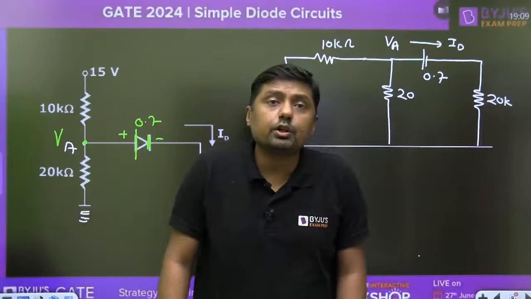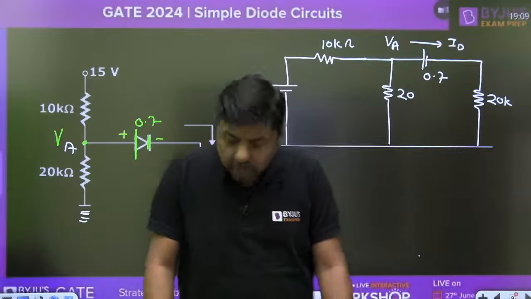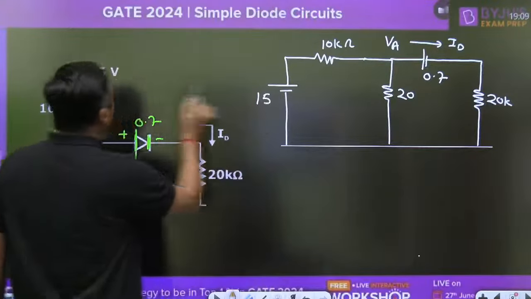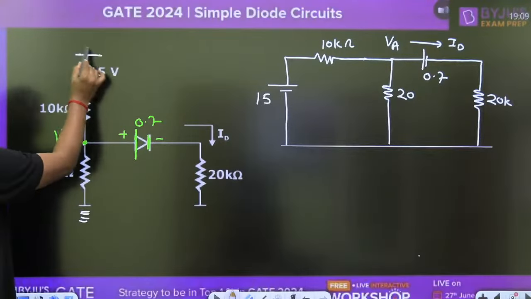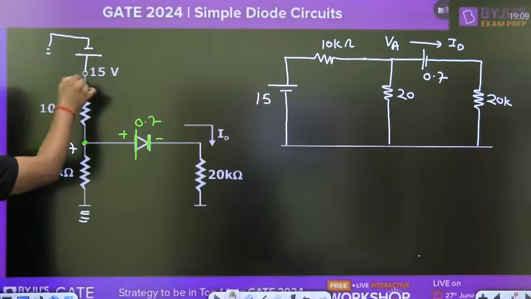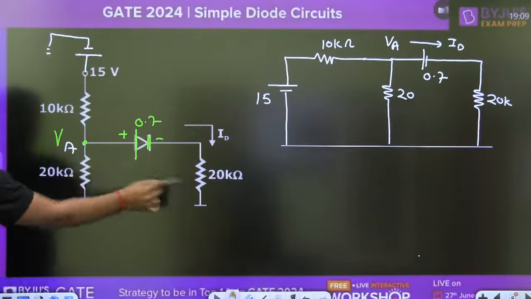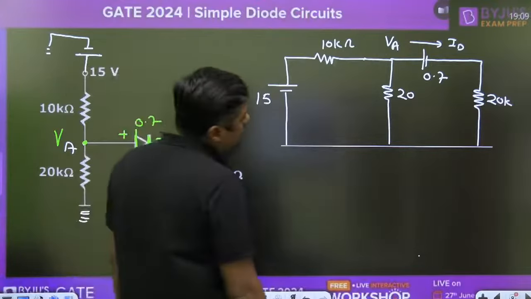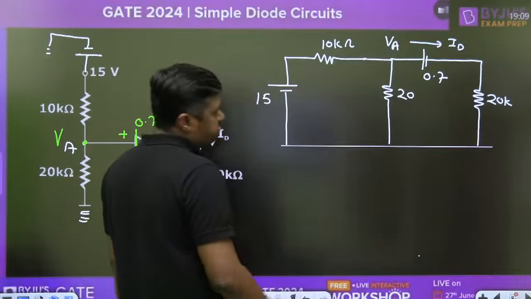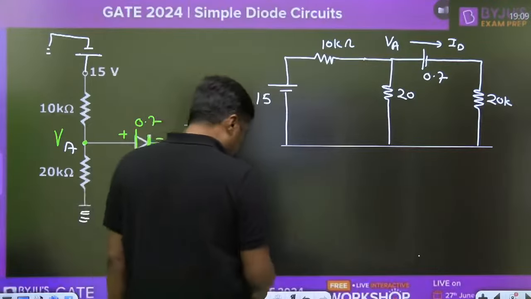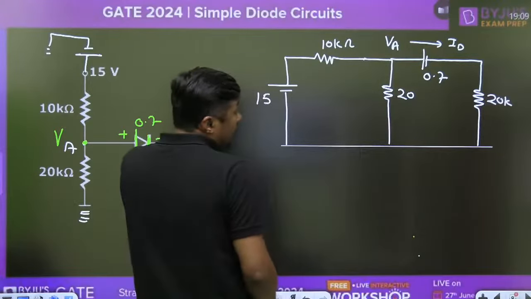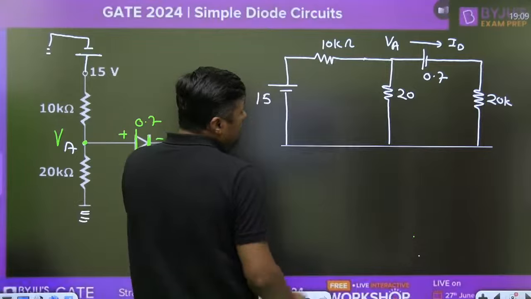First of all, redraw the diagram. Then it is a very easy question. This is the 15 volt battery. What about the second point? The second point is connected to ground actually. This is the 15 volt battery, then 10 kilo ohm, then this is the case. So now you can apply mesh analysis, or you can apply any other method. For example, with nodal analysis, you can write the